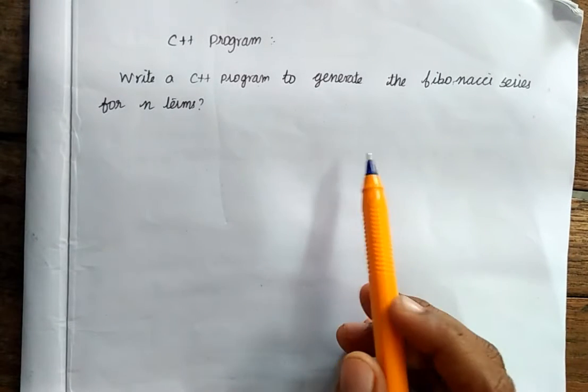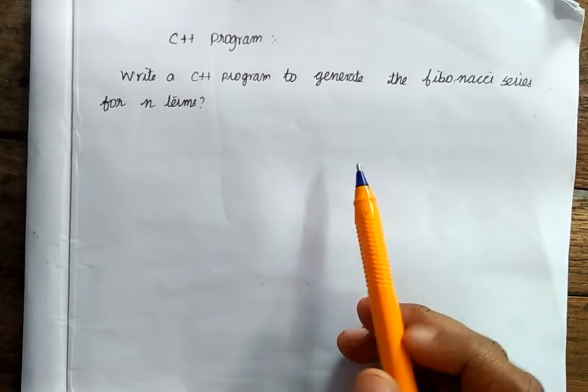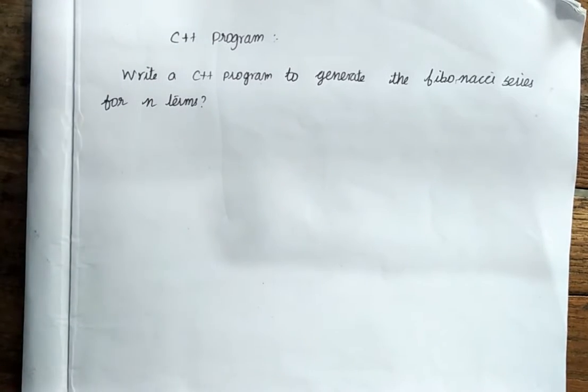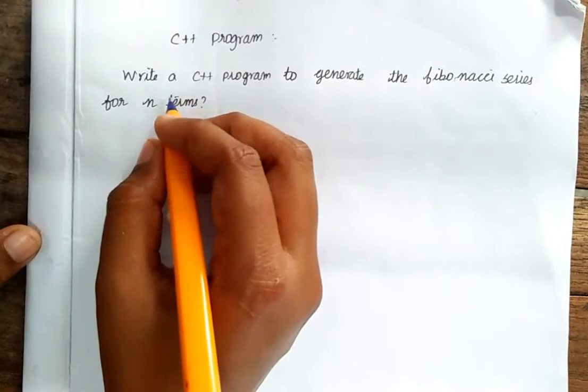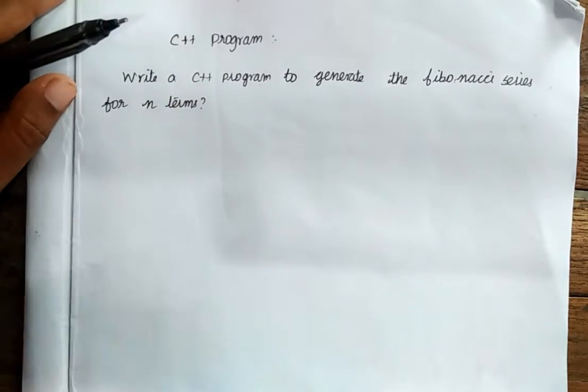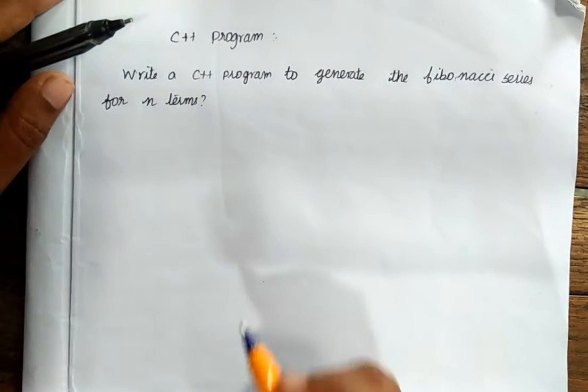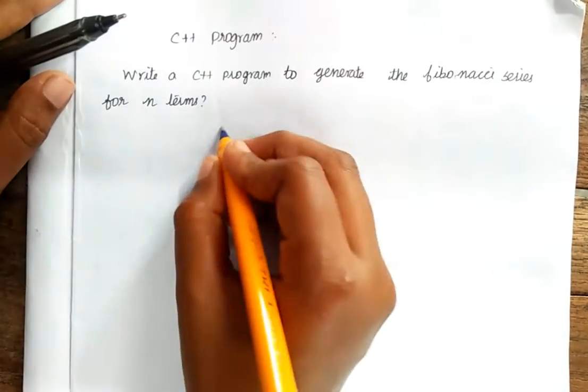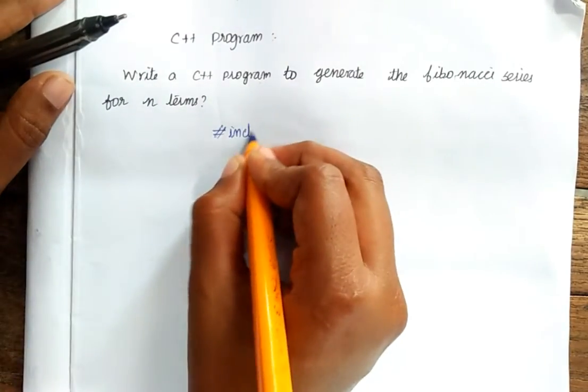Okay, let's write a C++ program to generate the Fibonacci series for n terms. Let's start with this program. First you need to write the include function, include the library function, hash include